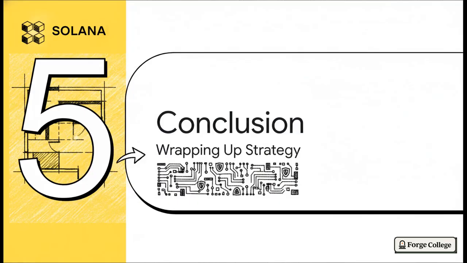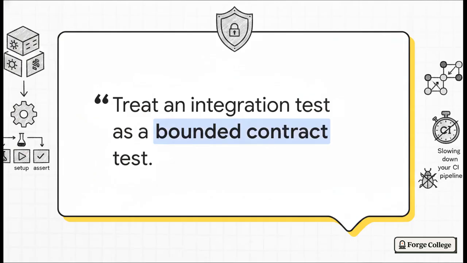And finally, Section 5, Conclusion, wrapping up your strategy. To wrap up our strategy today so you're fully prepared to go out and write some incredibly resilient code, I want to leave you with this one rule. Treat an integration test as a bounded contract test. Prioritize, set up, execute, assert. If you keep your test fixtures small, if you keep them totally separated, and most importantly, entirely deterministic, you are going to have an actionable, maintainable test suite that actually catches real bugs, instead of just randomly slowing down your